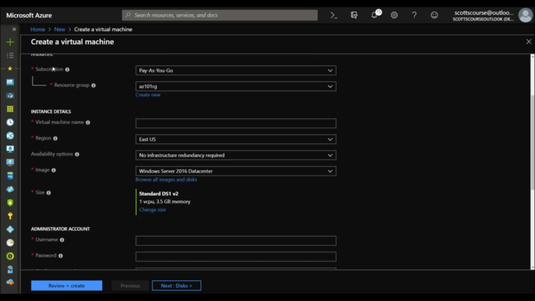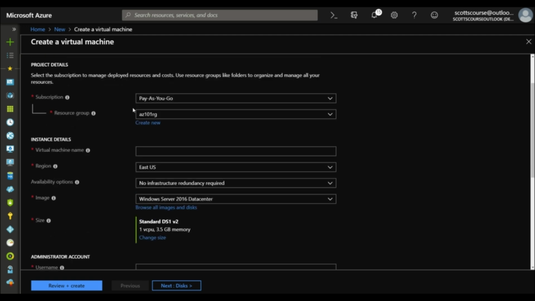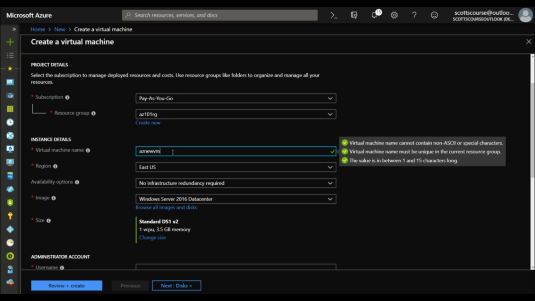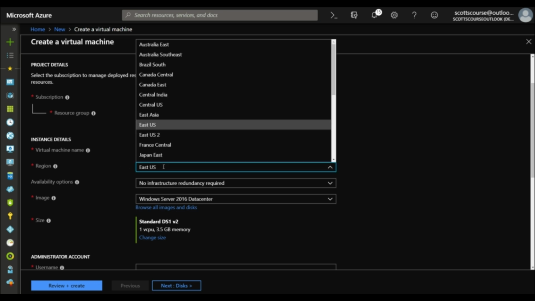Going to create a virtual machine, the first thing you need to do is choose your subscription and choose your resource group. Got to give the virtual machine a name, AZ new VM. There are the rules that pop up: cannot contain non-ASCII characters, must be unique for the resource group, and only 1 to 15 characters long. Now, the region that you choose the virtual machine on, all regions of Azure support virtual machines, but